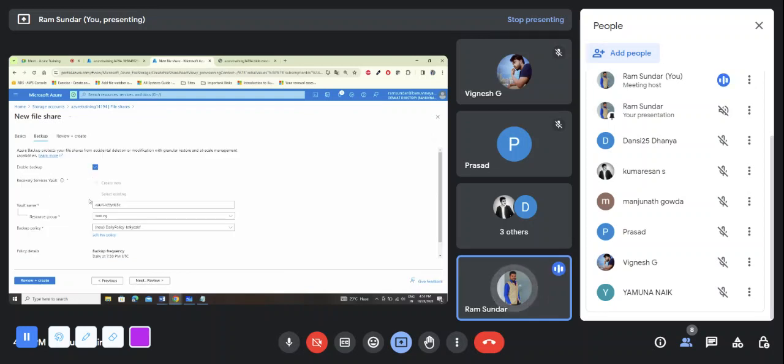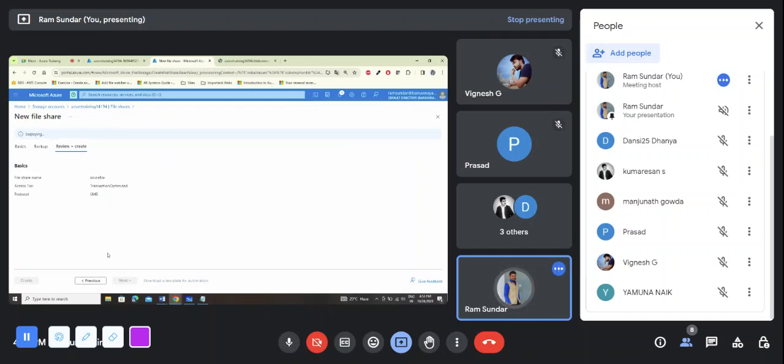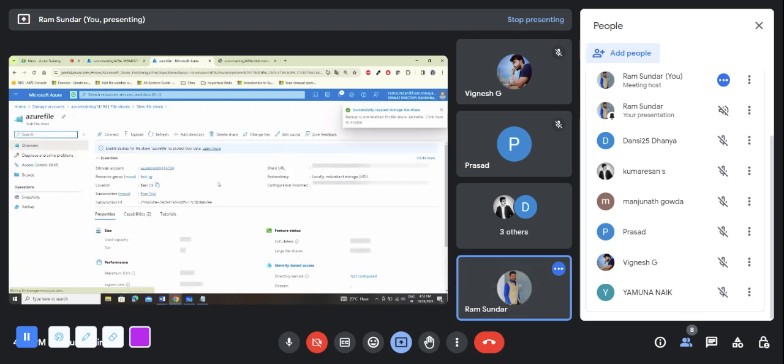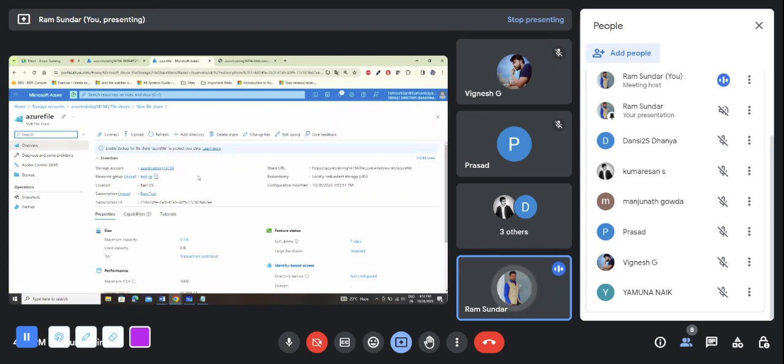Okay, next thing is backup. If you need a backup of this file storage, you can enable the backup. That we will discuss in the backup part. Okay, just ignore it, review, create it. Okay, so the file storage has been created now. You can see in the overview the details, file share URL, and redundancy, you can ignore it, connection configurations,